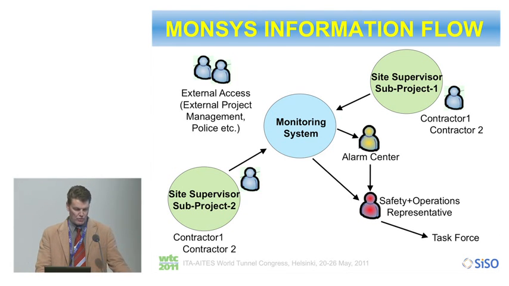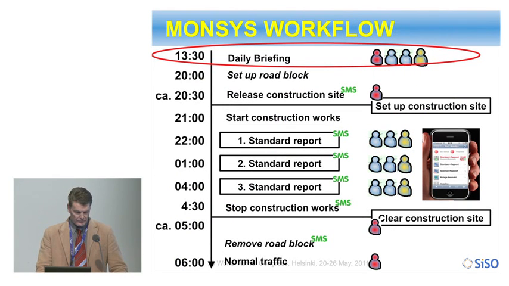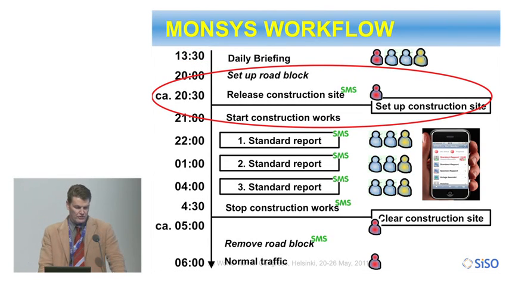Now let's put this communication process in a timeline. As I mentioned before, the cycle starts in the afternoon with the meeting to make sure everything is ready for the next closing cycle. At 8 p.m. the road is closed, the construction released, machines brought to the construction site, and the works can start at 9 o'clock